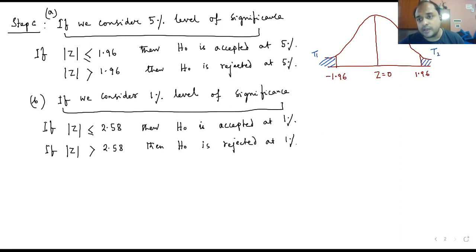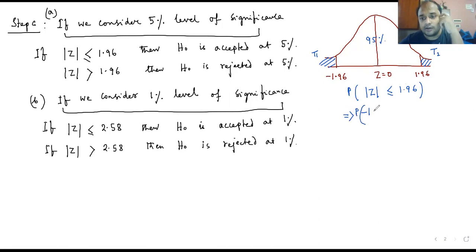Here T1 plus T2 is equal to 0.05, and the acceptance region is 95%. It is the confidence interval. Acceptance region is 95%. Now, if you find mod Z less than or equal to 1.96, if you find the probability of this thing,